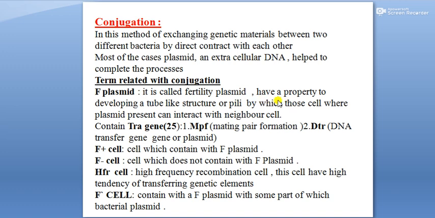It has the property of developing a tube-like structure, or pili, or sex pili, by which those cells where the plasmid is present can interact with the neighbor cells. That means it connects the donor and recipient through this pili, right? And the F plasmid also contains 25 tra genes. Those tra genes are of two different types: MPF, which stands for mating pair formation, and DTR, which stands for DNA transfer